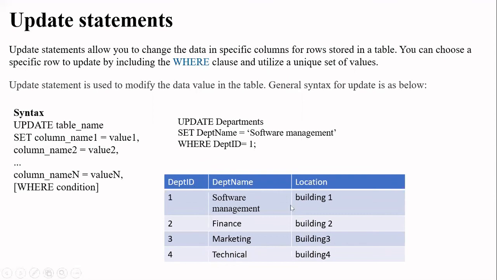So in this way we can update the record. So if you consider, instead of the department table, suppose the employee table, and the address of that employee has changed, then by taking the employee ID you can update his address using the update statement.